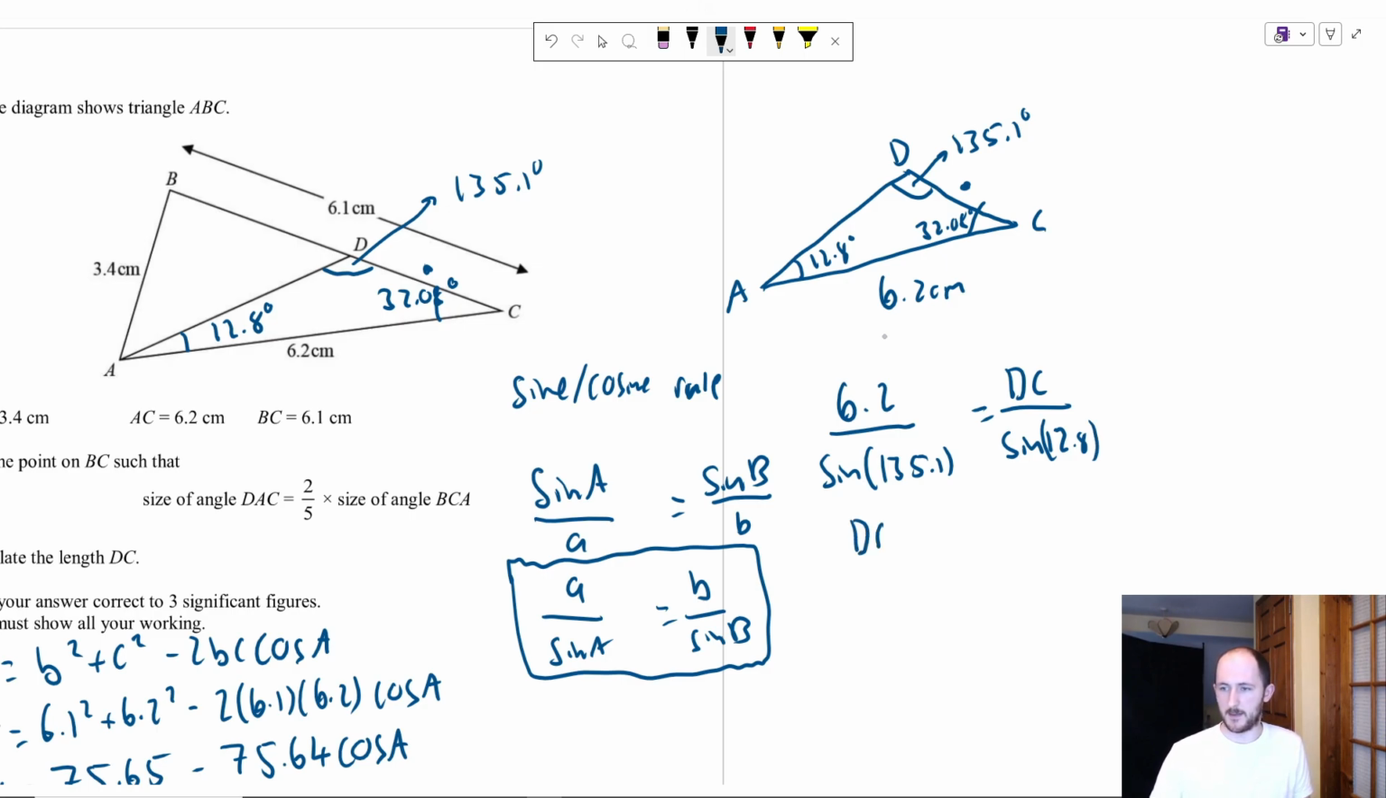And so that means DC is just going to equal whatever this is times by sine 12.8. So 6.2 over sine